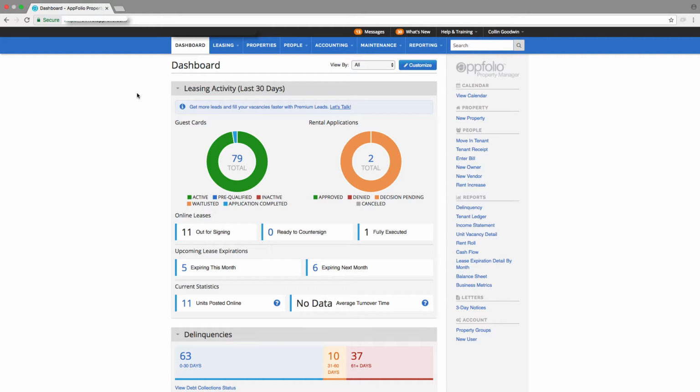Today we're going to show you how Pure Property Maintenance specifically integrates with Appfolio, specifically with the work order flow, how to set up the Pure PMX integration, and then how to manage the work order process from here on out. So to set up the integration, what we're actually going to do is add Pure Property Maintenance as a